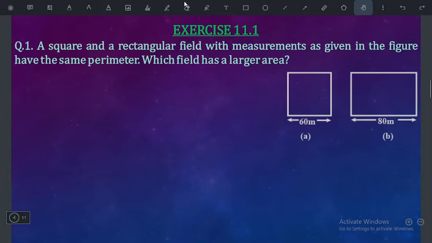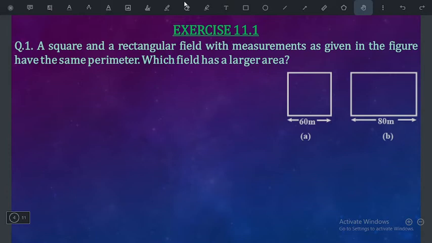आज हम देखेंगे क्लास 8 का चैप्टर नंबर 11 मेंसुरेशन की एक्सरसाइज 11.1। अगर आपने इसका इंट्रोडक्शन पार्ट नहीं देखा है तो हमारे चैनल पे मिल जाएगा। उसमें मैंने जो हमारे शेप्स हैं, स्क्वायर है, रेक्टेंगल है, सर्कल है, ट्राइंगल है, पैरेललोग्राम है, इन सभी के एरियाज कैसे निकालते हैं, सर्कल का सरकमफेरेंस कैसे निकालते हैं और बाकी शेप का पेरीमीटर कैसे निकालते हैं, वो सारी चीज़ें कवर की गई हैं। तो अगर आपने वो नहीं देखा है तो पहले वो देख लीजिए एक बार।